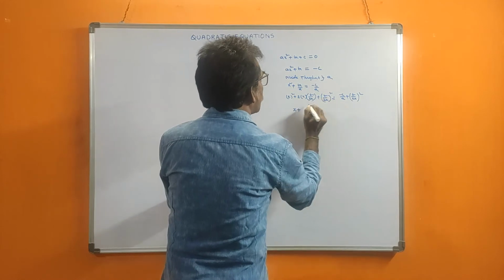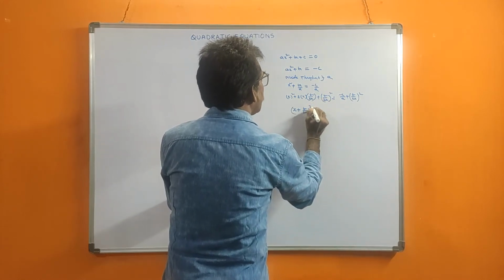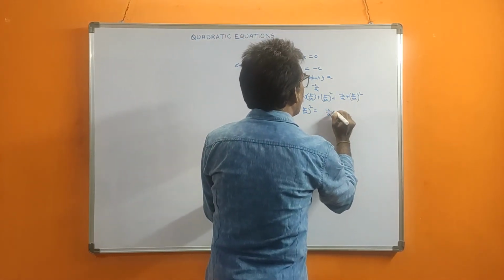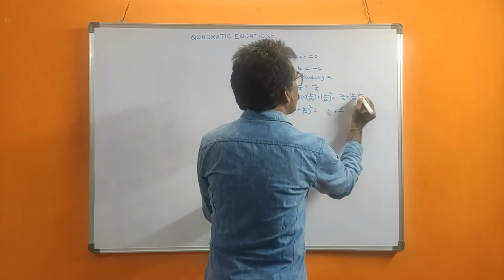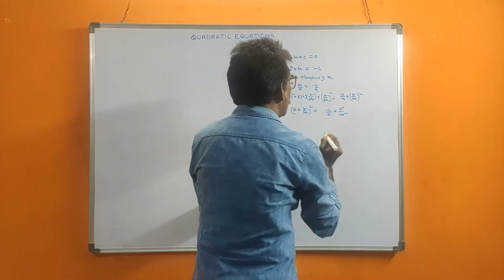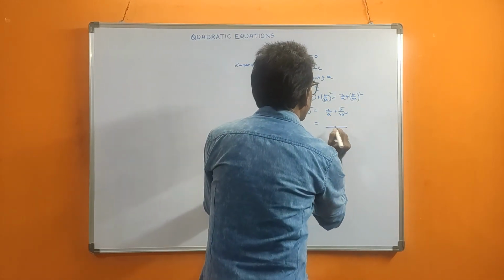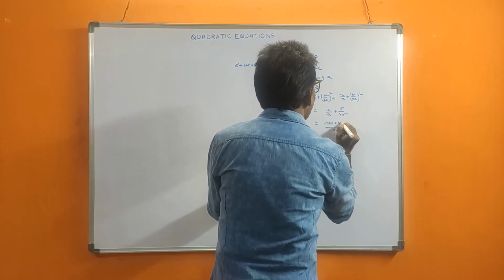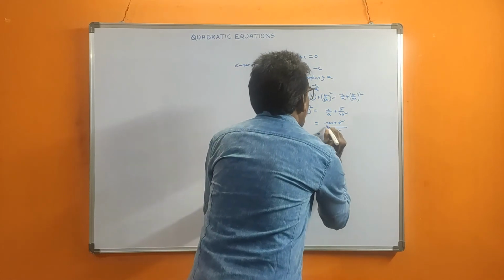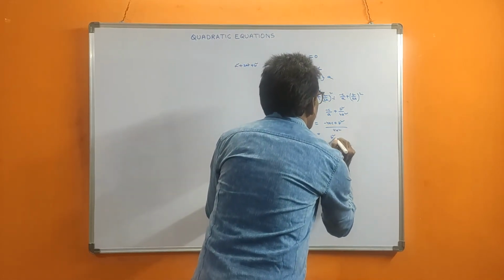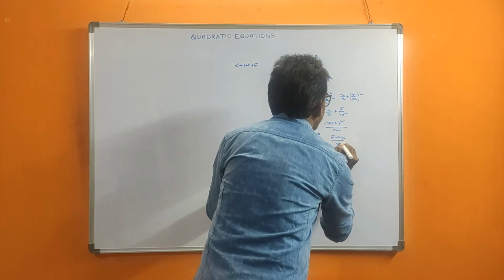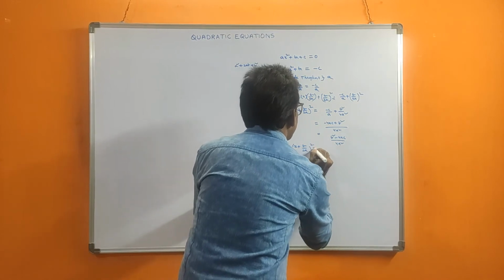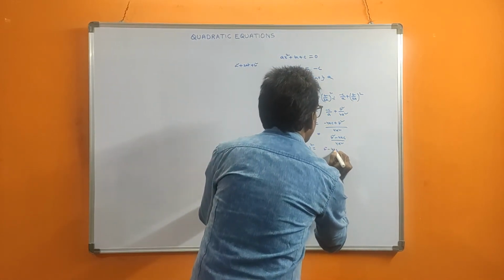What is that perfect square? x plus b by 2a, that is x plus b by 2a whole square, a perfect square. On this side, you see minus c by a plus this is b square; the square belongs to numerator and denominator also, 4a square. Now with 4a square as the LCM, we get minus 4ac plus b square, so b square minus 4ac by 4a square. So x plus b by 2a whole square is equal to b square minus 4ac by 4a square.